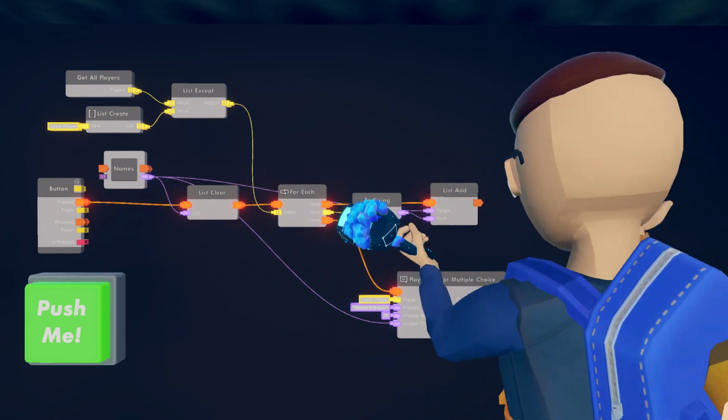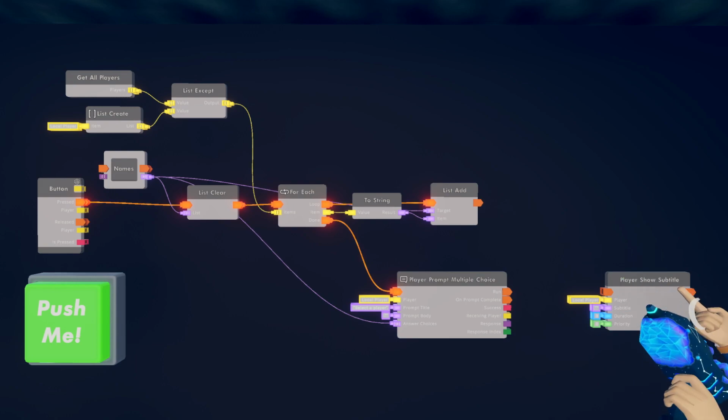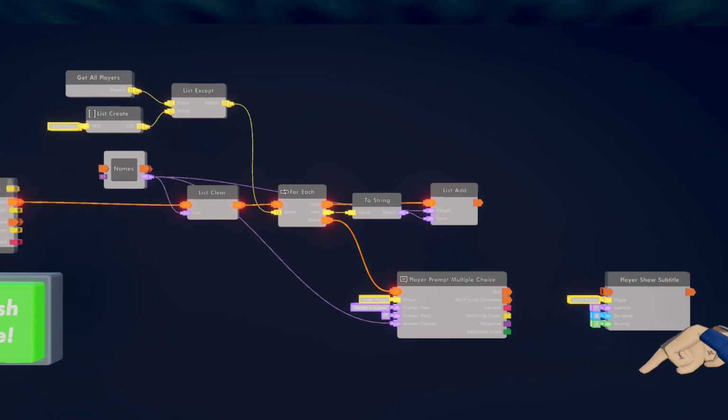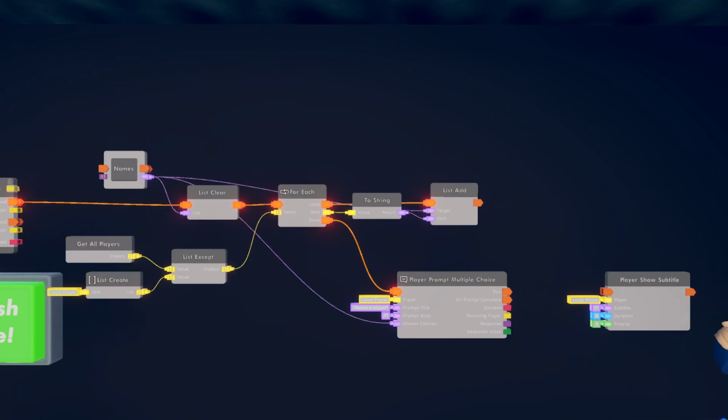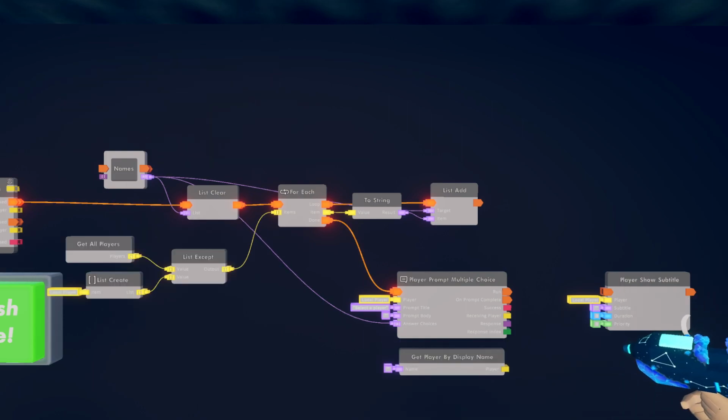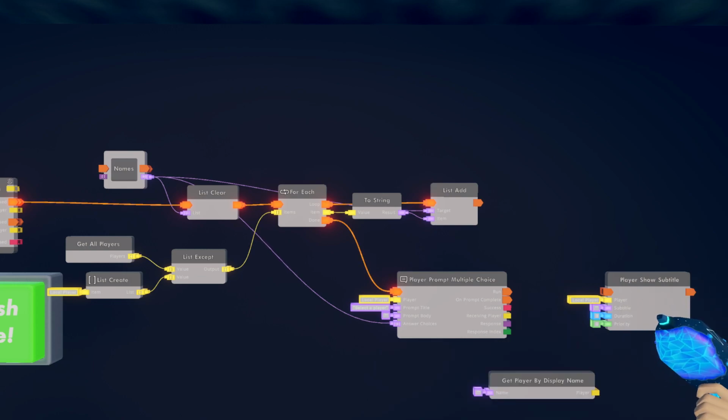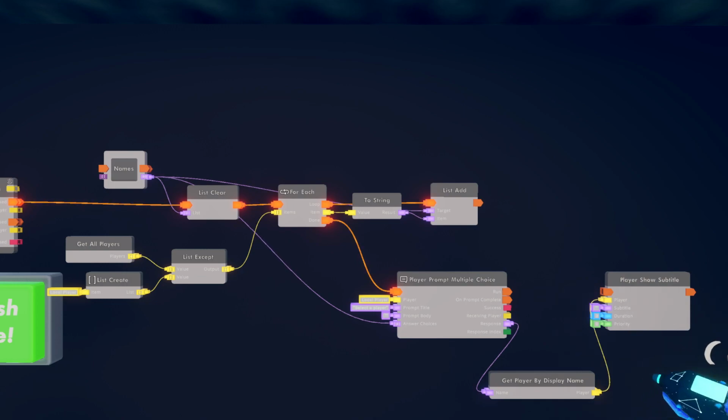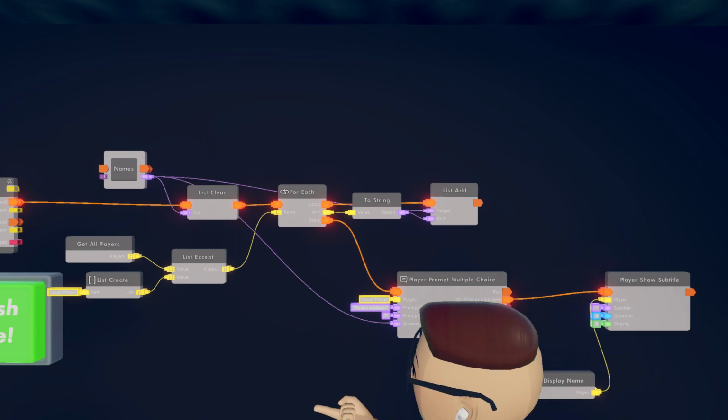Actually, no, because we've excluded ourselves, so that could offset the index. Let's parse their name, and then we'll use their username and get the player. I believe this is player by account name. Yep, or by display name, because we're using display names. So let's take this chip. This is going to take a display name, and then it will return a player. So let's run that player into here, and then when I run it,